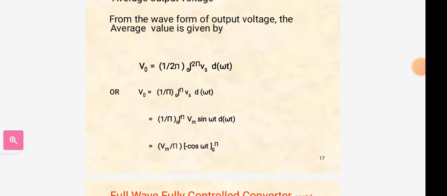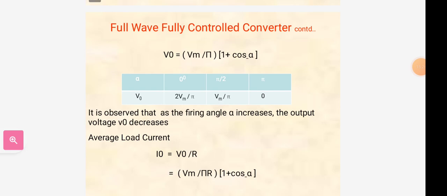So from this, V0 is equal to 1 by pi integral from 0 to pi of Vs d omega t. After calculation, 1 by pi integral from 0 to pi of Vm sin omega t d omega t. So finally we will get Vm by pi of minus cos omega t from alpha to pi. So for the full wave fully controlled converter, the final output voltage V0 is equal to Vm by pi of 1 plus